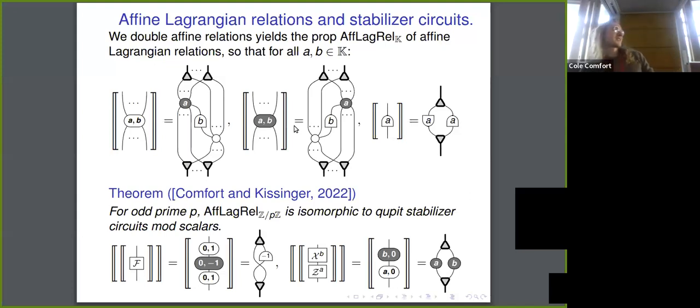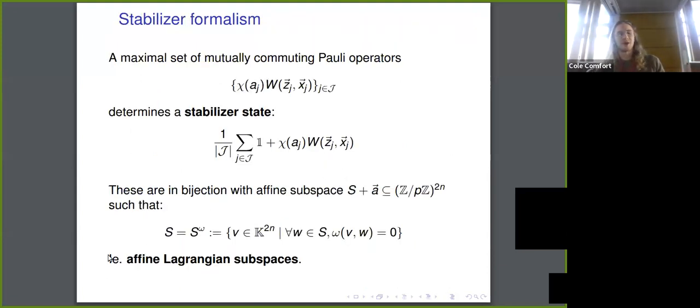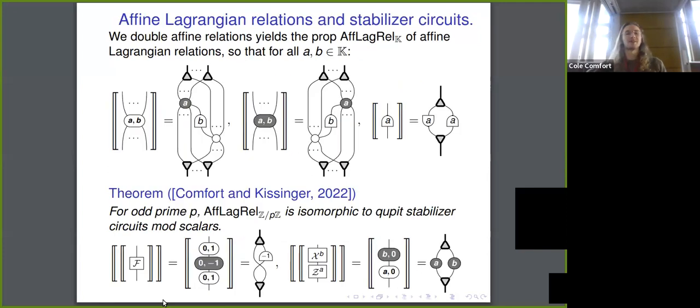Yeah, but okay, I said that if you take the affine relations over the field of cyclic integers, or the integers mod p, then you get phase-free Z and X plus the X gate, which is the affine shift. But here, if you double things, so now the maps are not just affine relations, but these affine Lagrangian relations, which I described here. So the maps are affine Lagrangian subspaces. Then you can generate all of the things